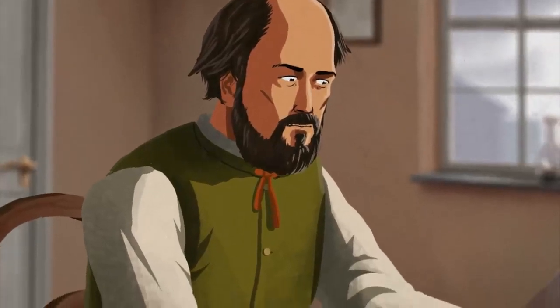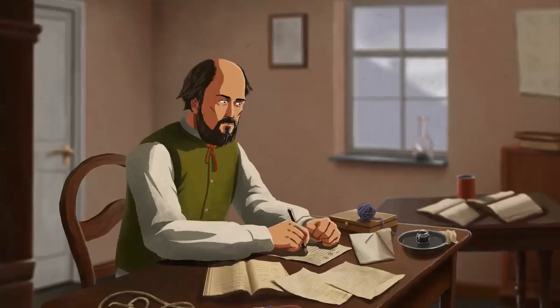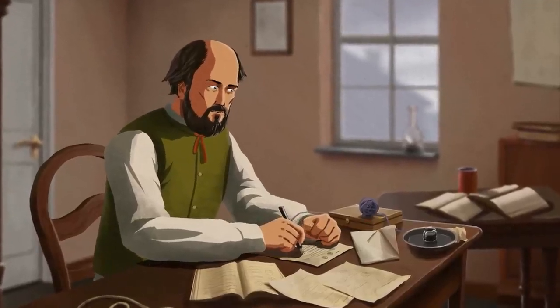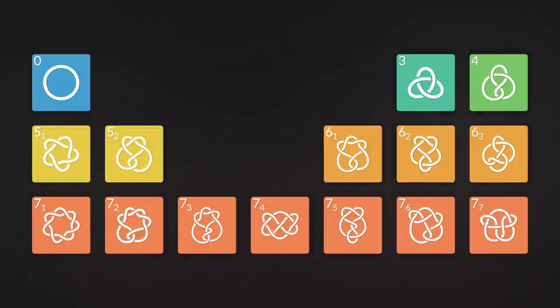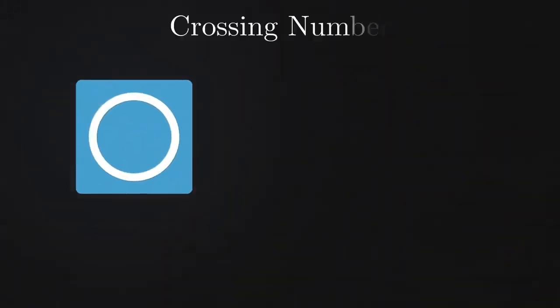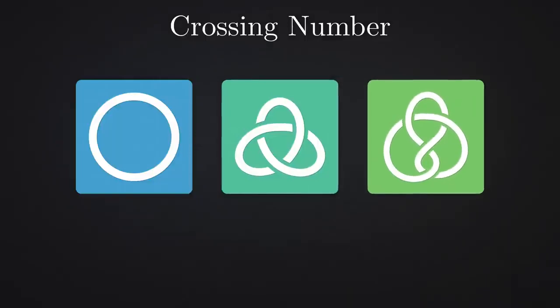Tait was skeptical, but as Kelvin's vortex model of the atom became a leading theory, Tait began investigating knots in earnest, in his mind creating a periodic table of the elements with every new knot he found. The crossing number is an easy way to categorize knots. Just take the simplest form of a knot, one with no extra twists or tangles, and count up all its